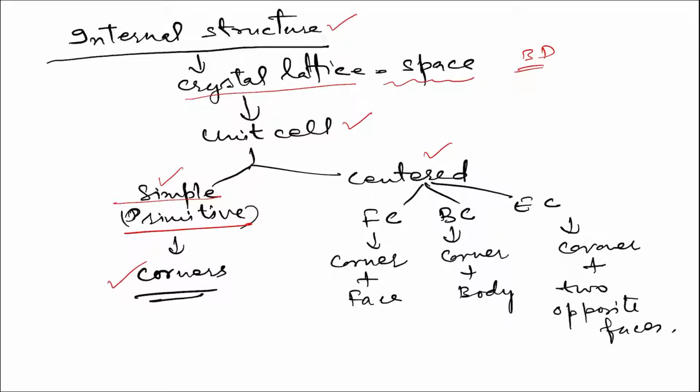Here the constituent particles are present only at corners, while the centered unit cells are of three types: face centered, body centered, end centered. In face centered, constituent particles are present at the corners as well as the center of the face. In body centered, at the corners and the center of the body, and in the end centered unit cell, at the corners and the two opposite faces. Okay, so this is all about the types of